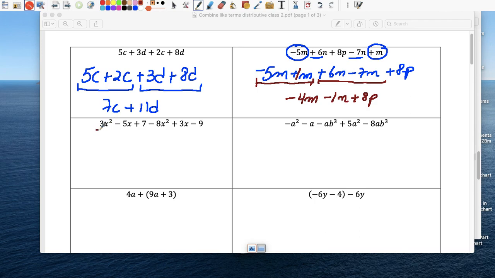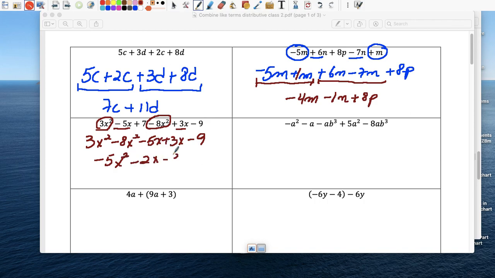This one, so again, 3x squared minus 8x squared. Remember, you take the term with the preceding sign, so that minus sign should come tag along. Minus 5x plus 3x, and the negative 9 will do absolutely nothing. 3 minus 8 is negative 5, x squared. Negative 5 plus 3x is negative 2x minus